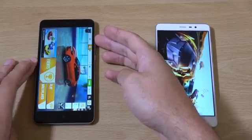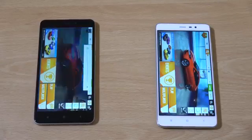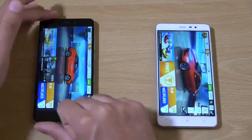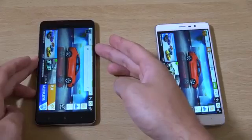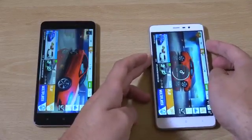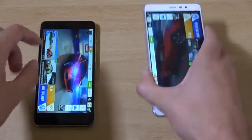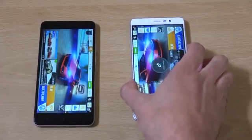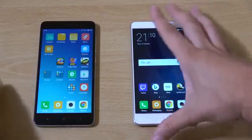Let's just check out the speakers on both of them. So it's just one speaker. I hate it when manufacturers do that. They put two speaker grilles there, but it's actually only one. And where's the speaker here? It's on the back. So I guess it's in a better place. But I think generally, if they're having two, they should have two outputs. It's really